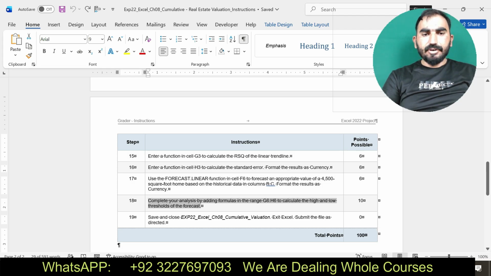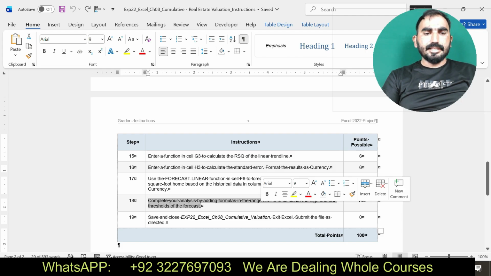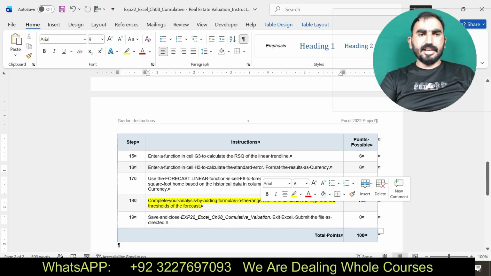Complete your analysis by adding formulas in the range G6 to H6 to calculate the high and low values of the forecast. Now you can see here it's the last step of Microsoft Excel Chapter 8 Cumulative Real Estate Valuation.